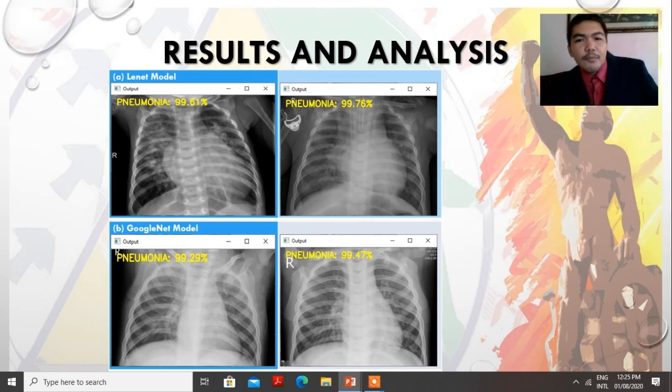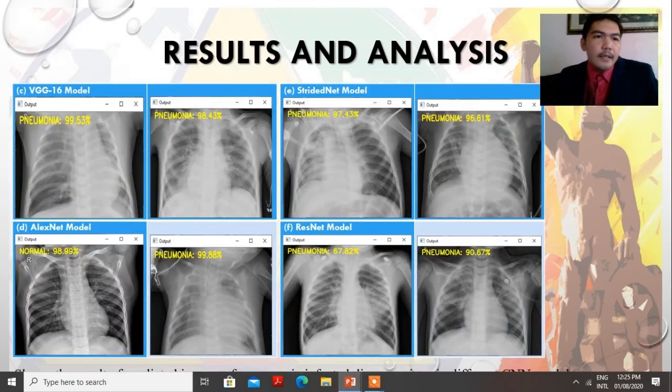is infected with the pneumonia on the left side of the image, and then on the right, it has detected 99.47%. So for the VGG16 model, this is an example output. So it has detected pneumonia based on the image input. So 99.53 and 98.43%. So using the AlexNet model,